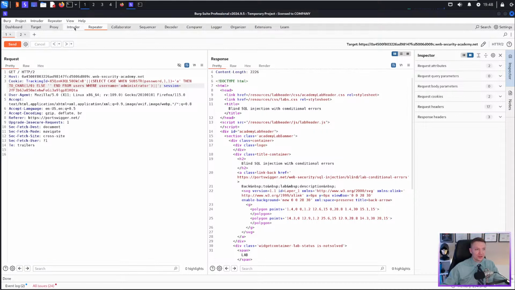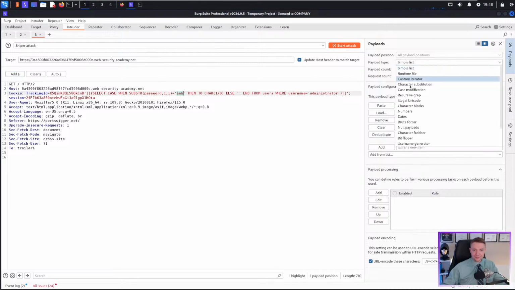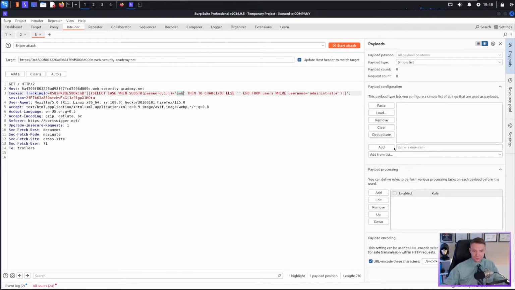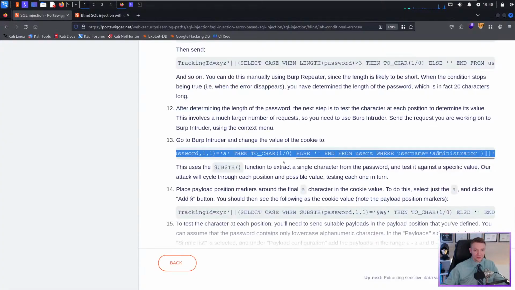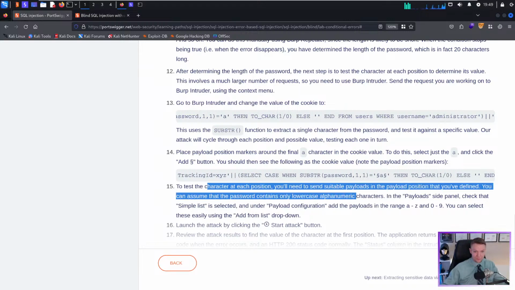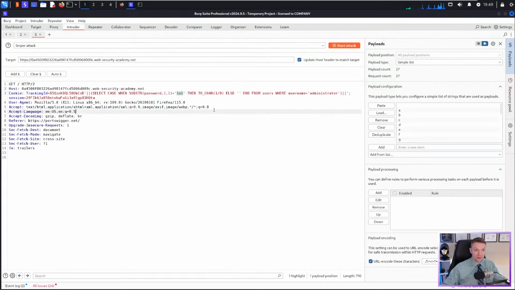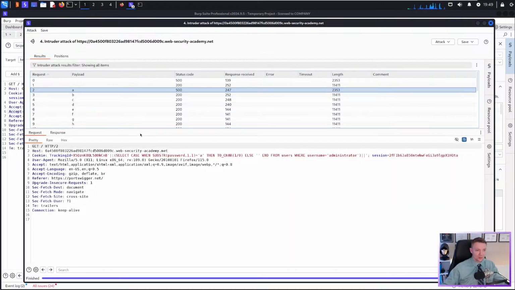All right, so did we send this to Intruder? We did, and we need to change this A. Not change this A, but we need to add this A. Is this all lowercase A to Z? Yeah, okay. We can start the attack here. This should work. Now, if we can filter our results based off of